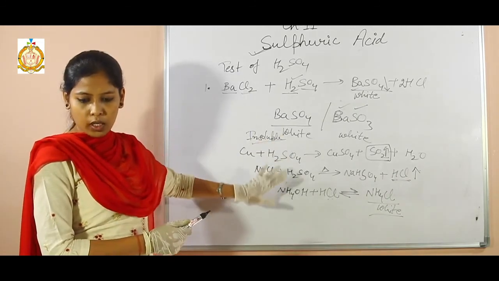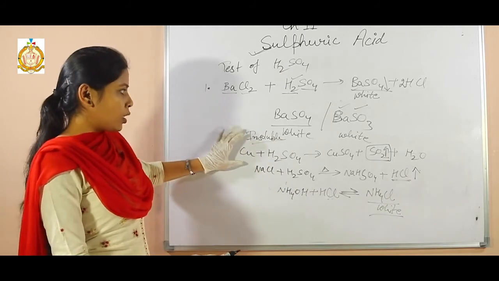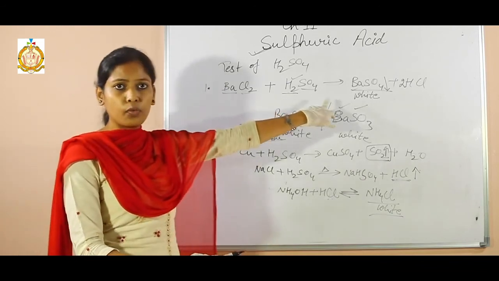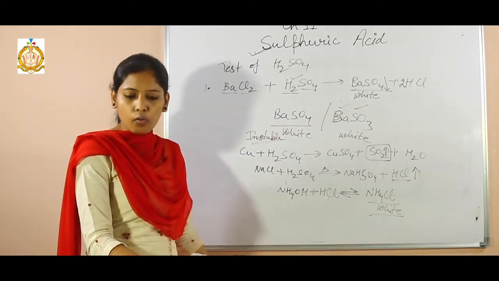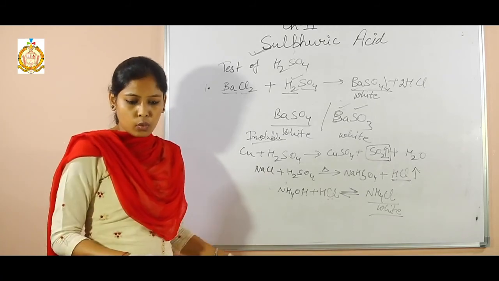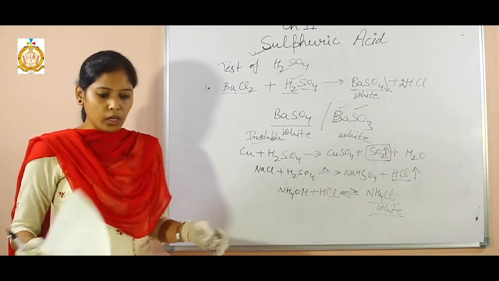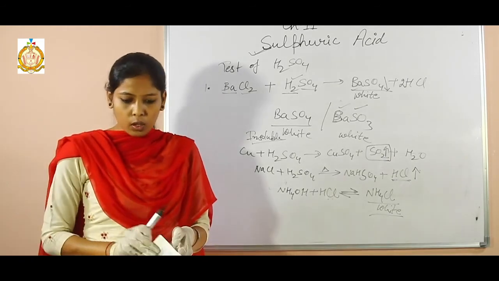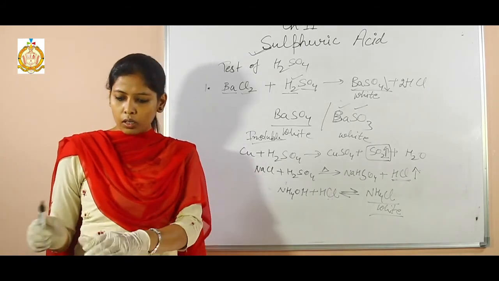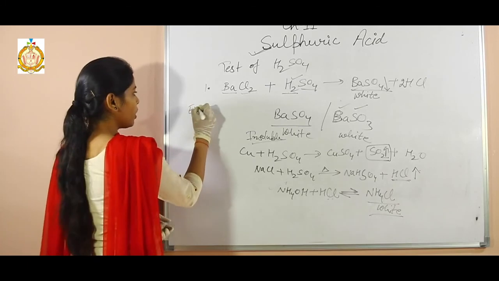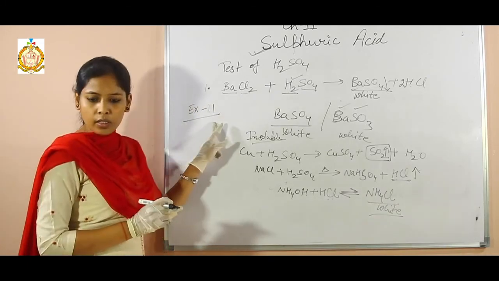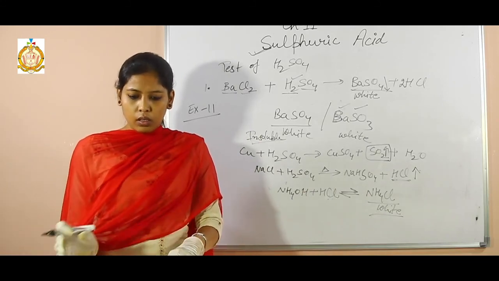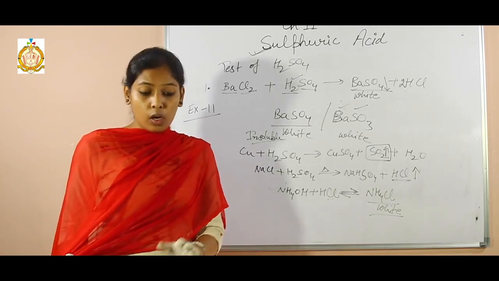So in total we have done 3 tests. They can also ask for the equation, plus what you observe and how you can check the presence of sulfuric acid. Such kinds of questions can be formed from these topics. So prepare internal questions also, go through the chapter thoroughly, and try to solve the yearly questions given in exercise 11. Only one exercise is there. Solve exercise 11 on page 179 and learn it thoroughly. This is all about the 11th chapter.